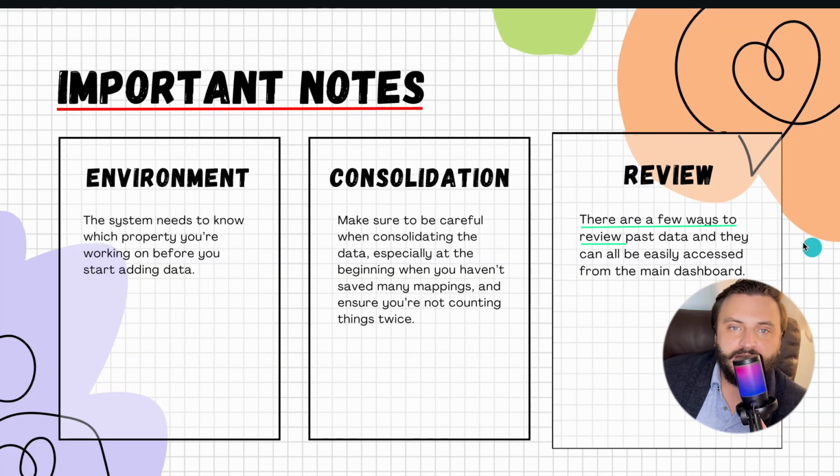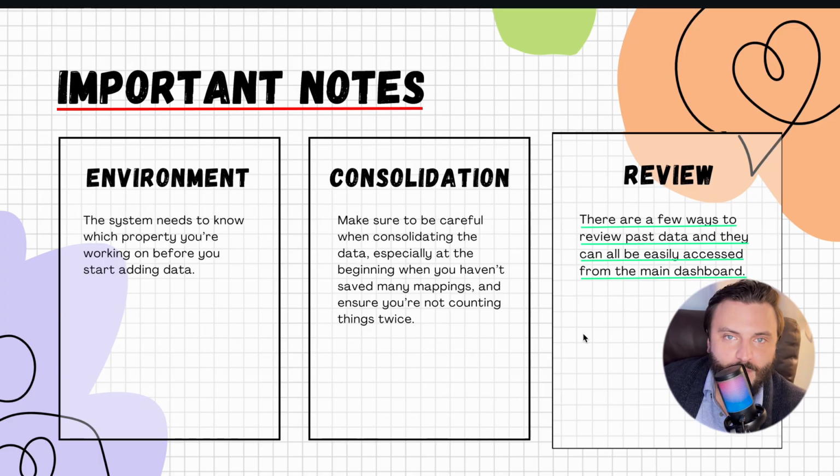So what sometimes people will do is they'll categorize each of the individual items, and then they'll also categorize that total repair and maintenance column, which is effectively double counting either the income or expense. And lastly, in review, there's a couple of different places to review past data and past underwritings and past instances